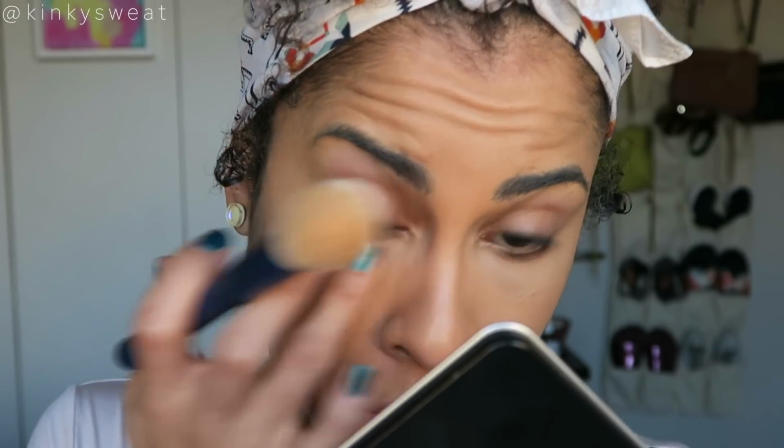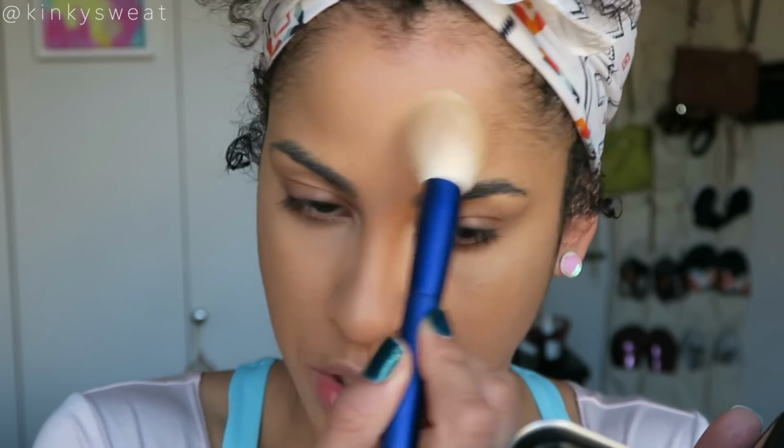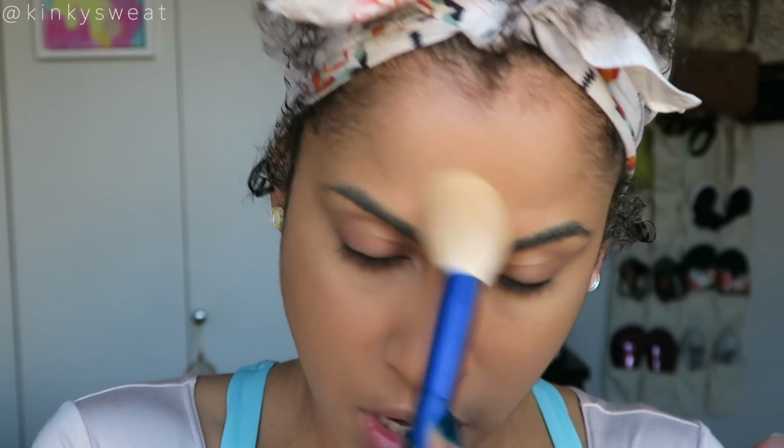Cheek brush with the veil. Softly, very softly, gonna pat that in. Make sure those creases are gone. I'm also gonna hit the center of the forehead just to make sure this area at least stays crease free. Making sure I get around the nostrils because that's where the makeup breaks up